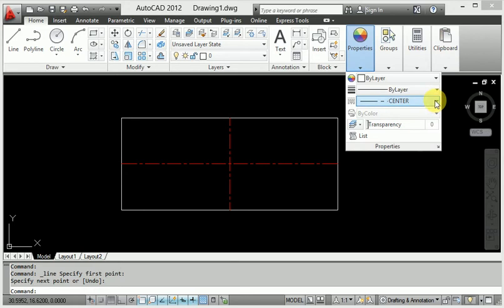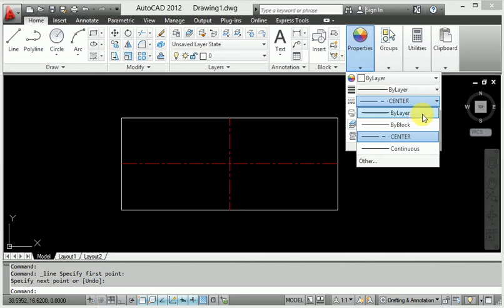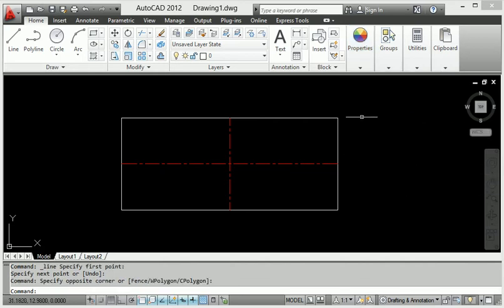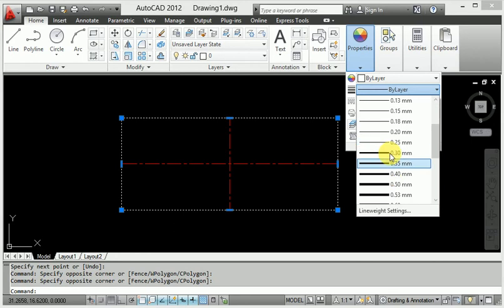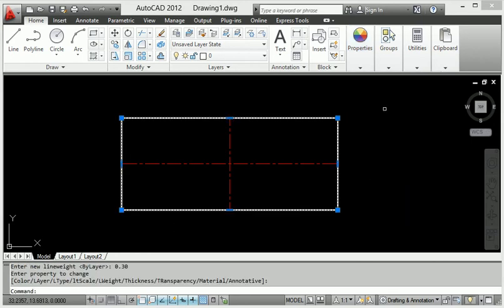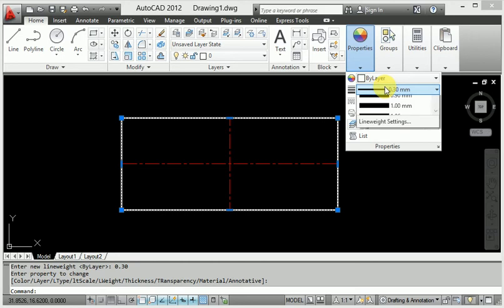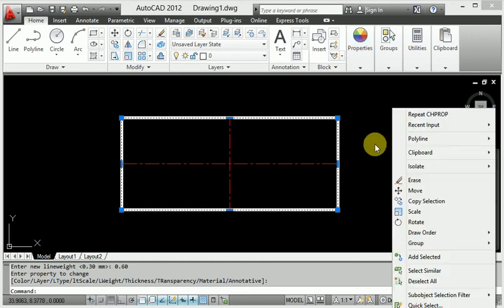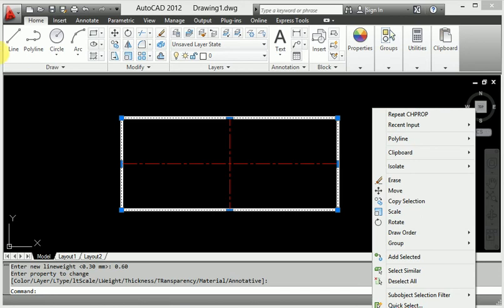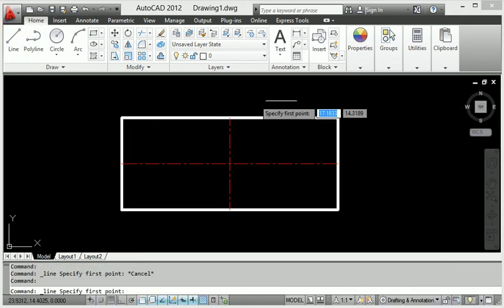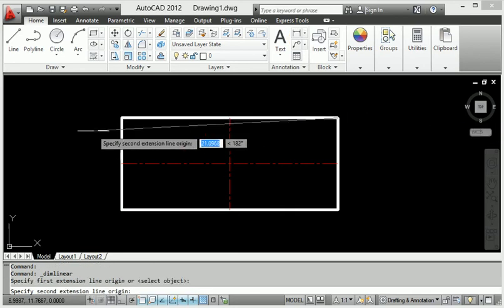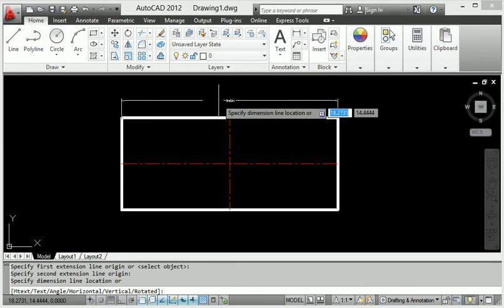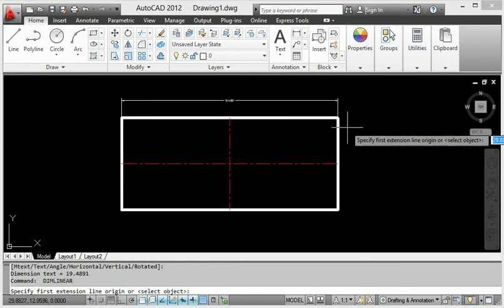And if you want to change the center line, you can change it easily by layer. So I will provide the thickness, the boundary thickness, when increased. So this is your thickness process. If you again change the thickness, it is much more. So look at this, here the thickness has been changed and increased. So it is good to maintain this. When I provide the dimension here, look at this, and also I will provide the dimension here.